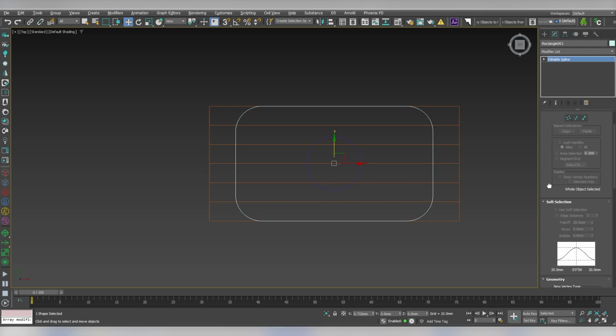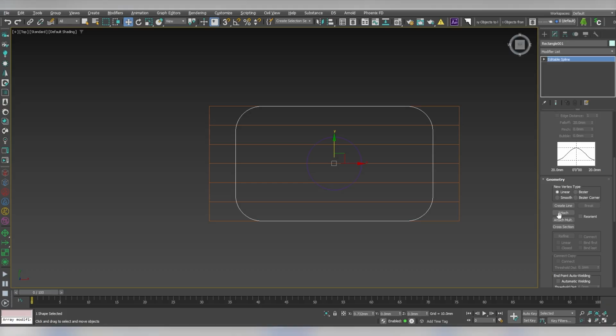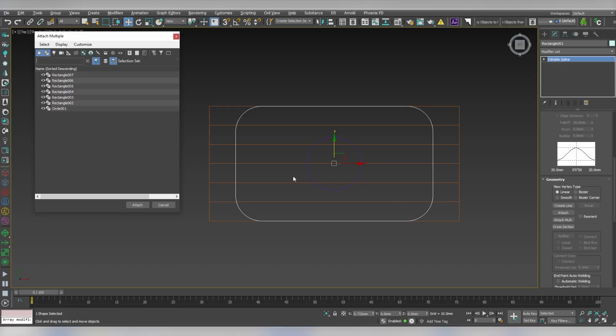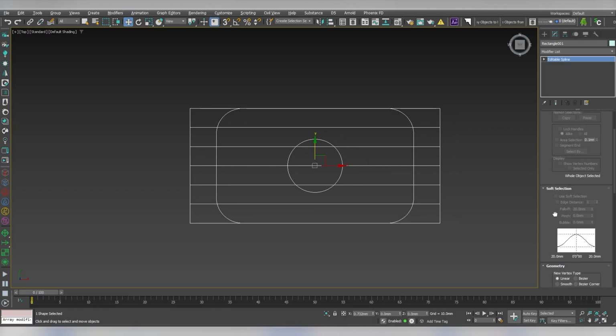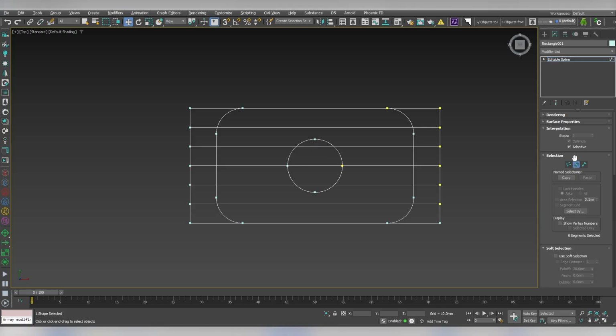So by selecting the main rectangle and clicking the Attach Multiple button, a window like this appears, and here the displayed shapes need to be activated. Then I select all the shapes here and click Attach. Now, as you can see, they are all merged together, and by selecting the segment sub-object,